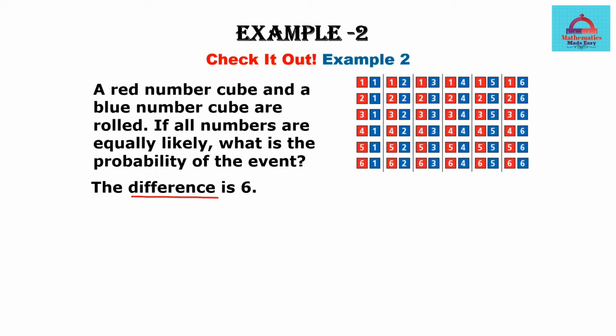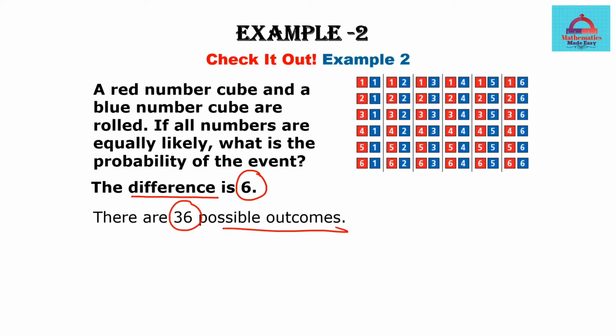Let's underline. Now in this case the difference has to be 6. So if the difference is 6, let's go to these 36 outcomes that we have, the total possible outcomes, and see if such a case is possible where the difference will be 6. So if you look at the first row, for example, here the difference is 0, then 1, then 2, and the maximum difference possible is 5. So I'm just putting my highlighter again. So in this one the maximum difference is 5.